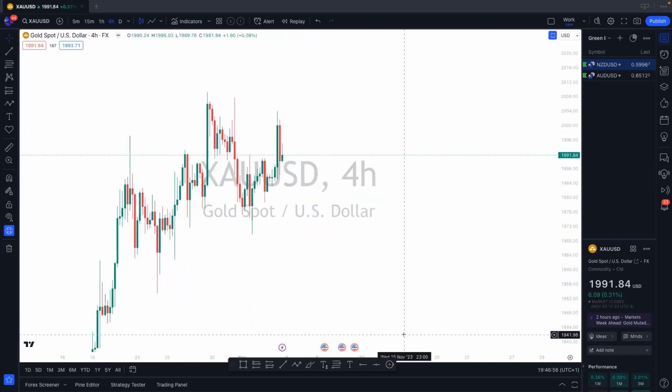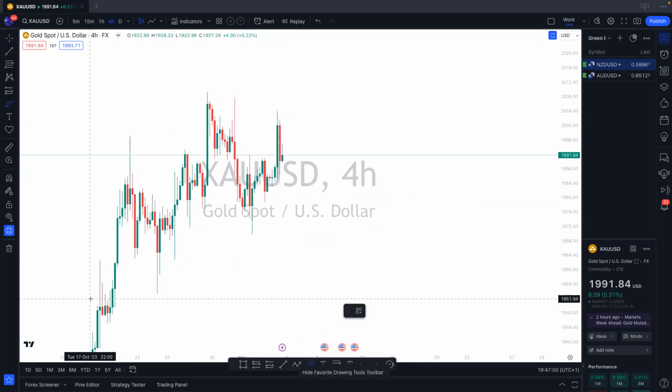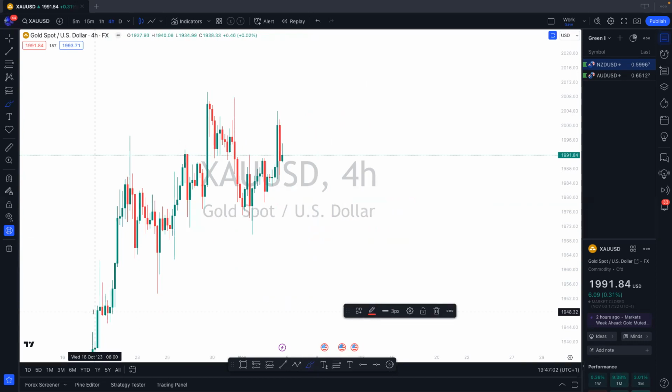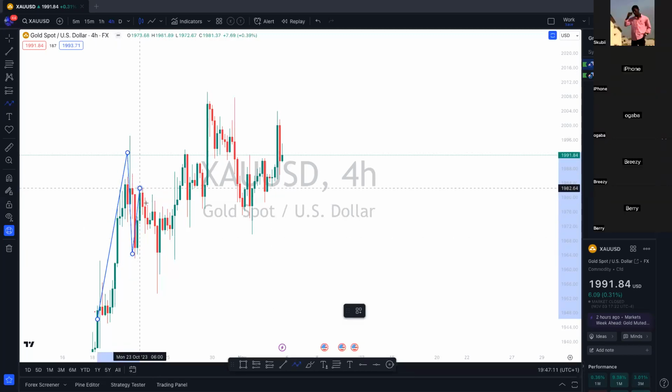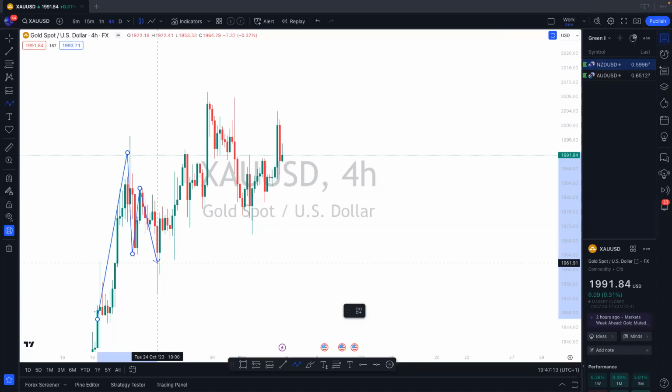Helter skelter. So now, if we look at this, price was more or less bullish, and then it got tricky in the sense that from here, we sort of created a higher high, higher low. We failed to create another high. At the same time, we didn't actually break below to create another low. Do you understand? We actually pushed up and then we created a higher high, higher low. We failed to create another high. We failed to create another low. And then we pushed up and then we created another higher high. So at this point here, price was more or less looking like,